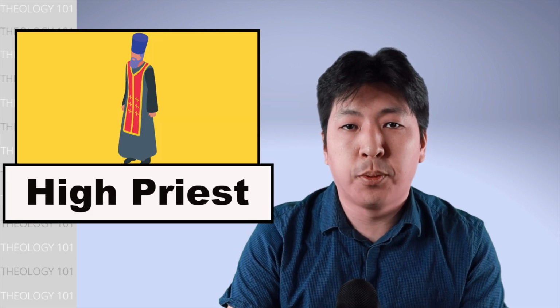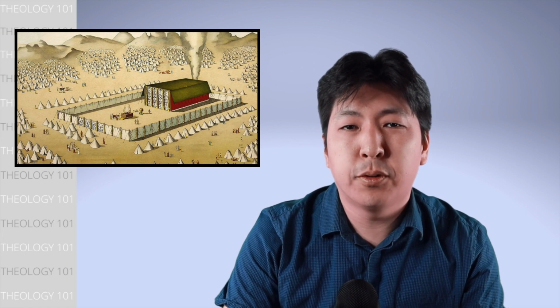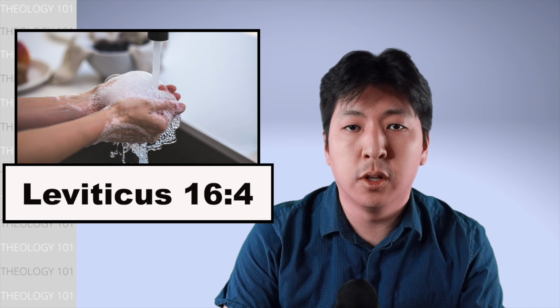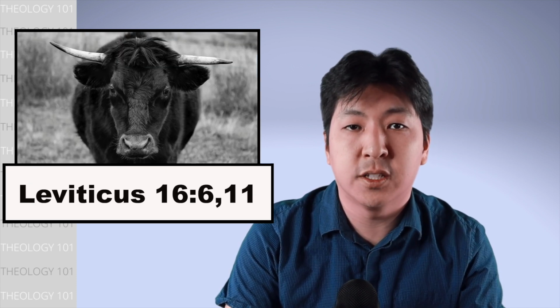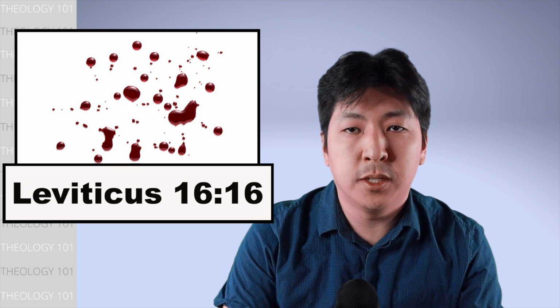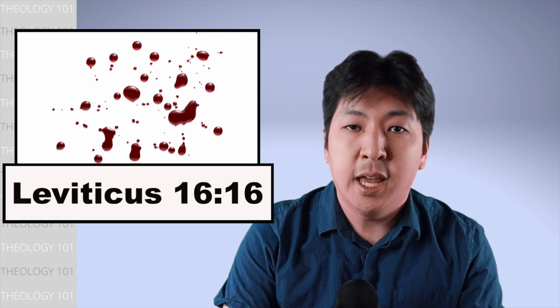The high priest was to perform elaborate rituals to atone for the sins of Israel, and before entering the tabernacle, the high priest was to bathe and put on special clothing. Then he would sacrifice a bull for a sin offering for himself and his family. The blood of the bull was to be sprinkled on the Ark of the Covenant,